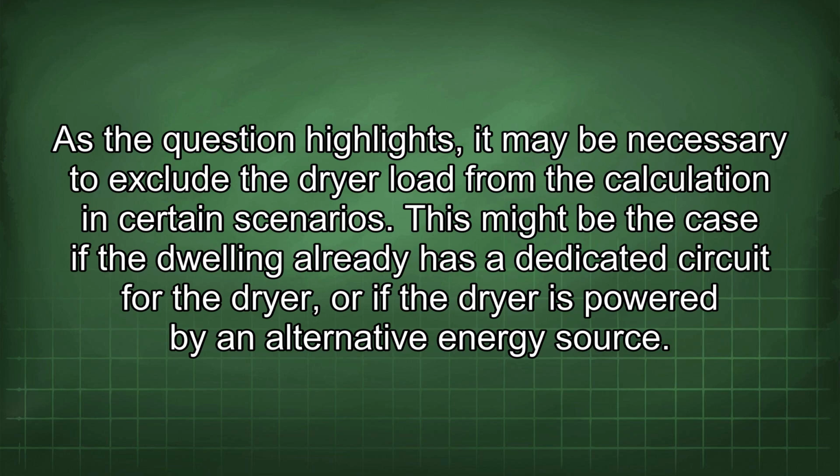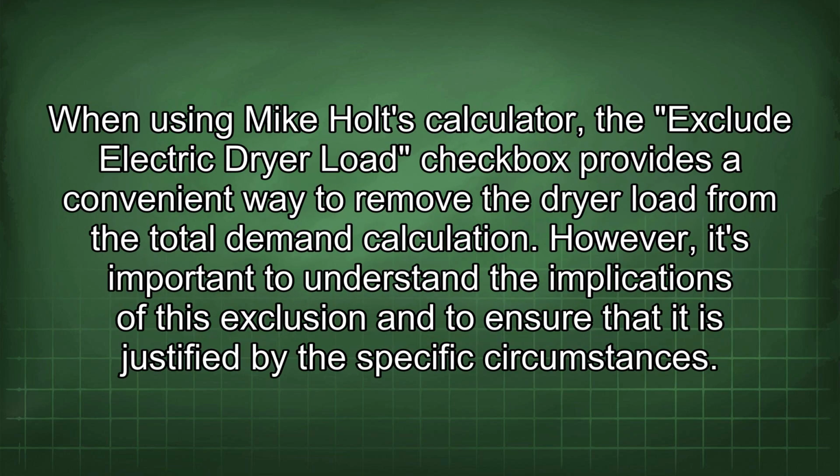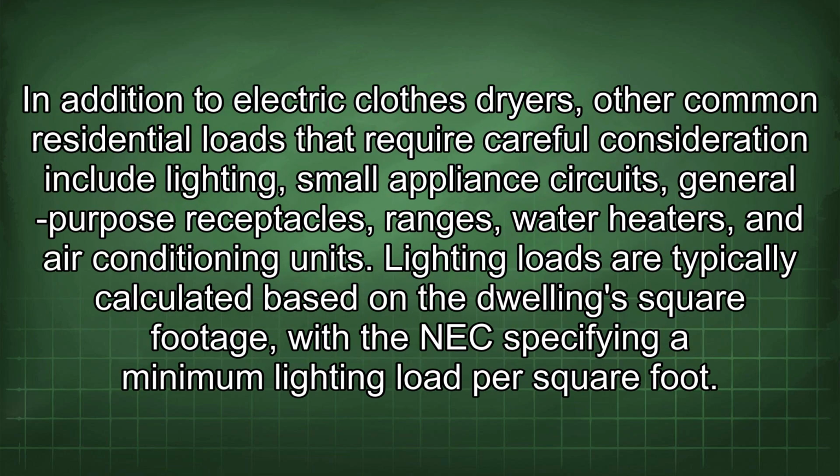This might be the case if the dwelling already has a dedicated circuit for the dryer, or if the dryer is powered by an alternative energy source. When using Mike Holt's calculator, the Exclude Electric Dryer Load checkbox provides a convenient way to remove the dryer load from the total demand calculation. However, it's important to understand the implications of this exclusion and to ensure that it is justified by the specific circumstances. In addition to electric clothes dryers, other common residential loads that require careful consideration include lighting, small appliance circuits,